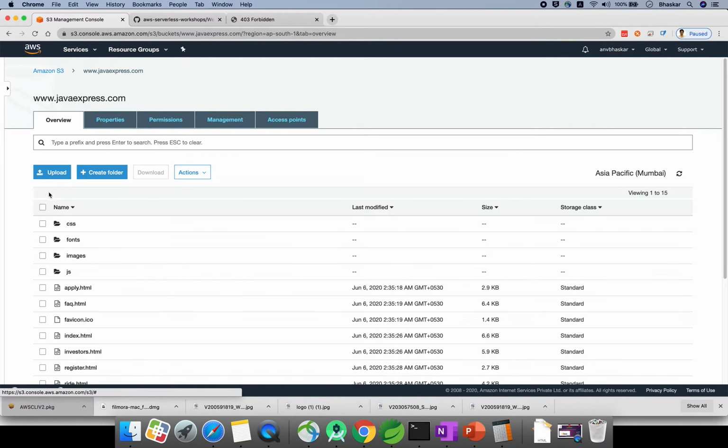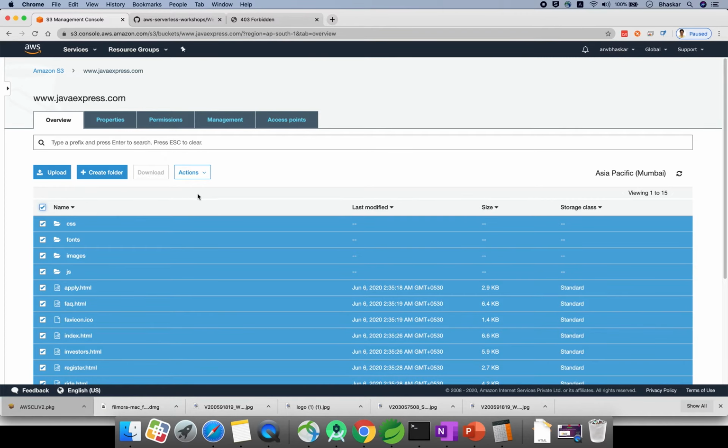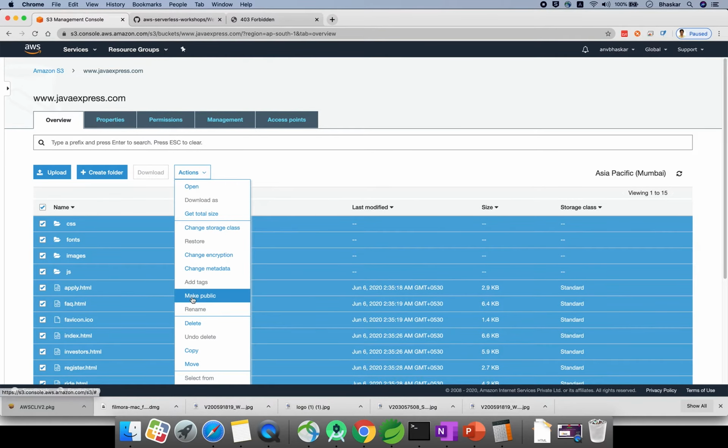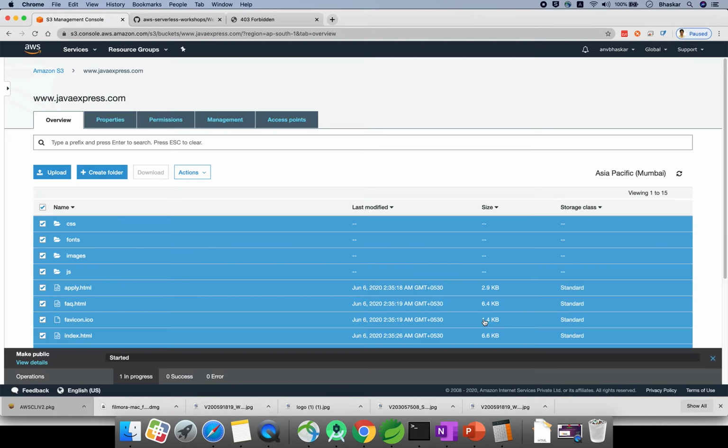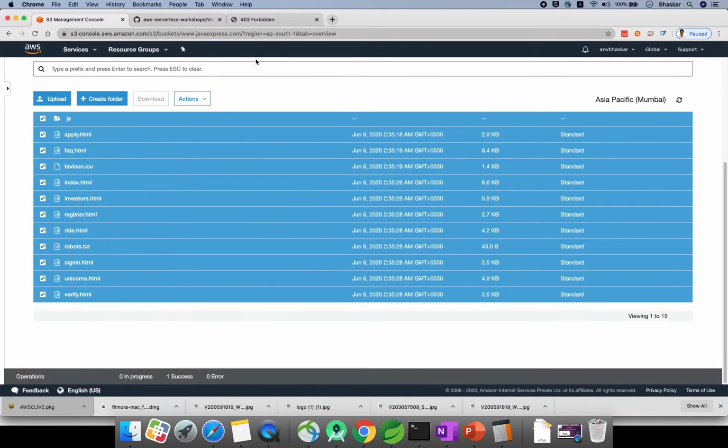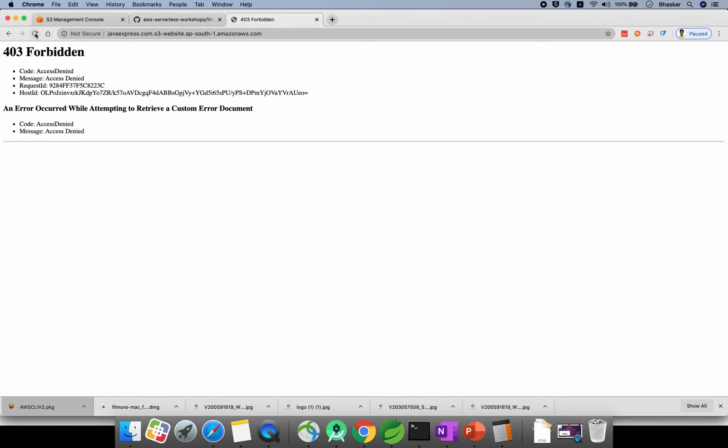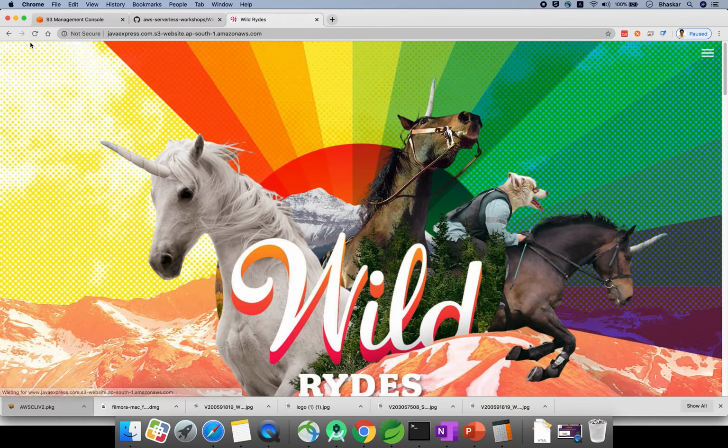Then you need to make all your files public. Actions, make public. So all files are public now. Now if you go and refresh, your website will open. S3 is not for dynamic content, it is for static website page loading.